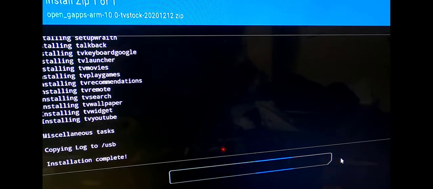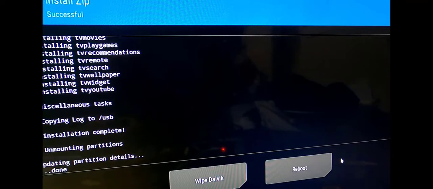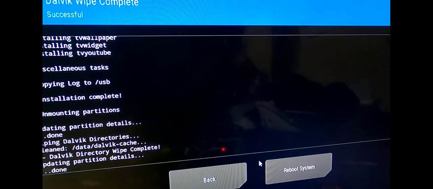So once you get that, all right, so it says done, and then click on wipe